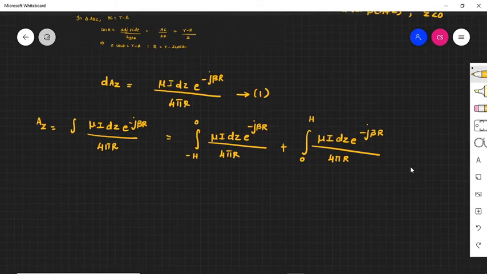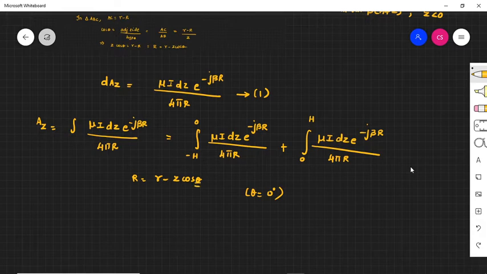Now we already found that the value of R is equal to r minus z cos theta. But the point P that we are considering, we always consider it to be in the far field region, because only in the far field region it is practically possible to measure the radiations. In the near field region, the radiations start to converge, so it is not possible to measure the amount of radiation caused by the antenna there. In the far field region, if you see the definition of far field, the radiations are independent of the angular distribution. Since the radiations are independent of the angle, we take theta is equal to 0 degree.